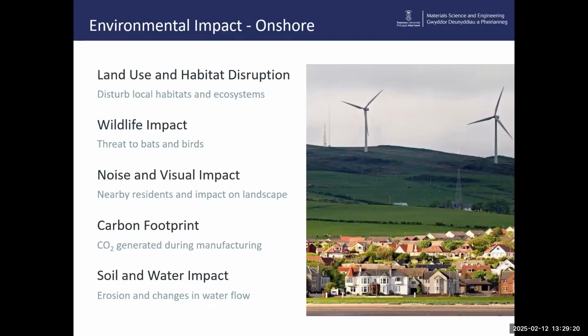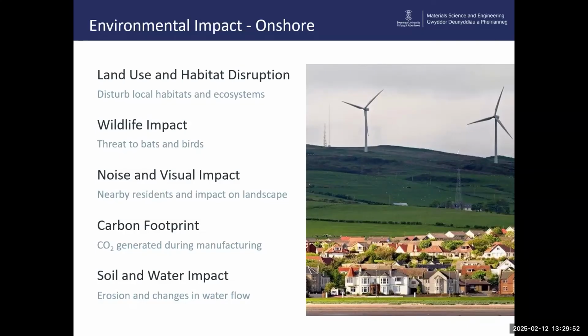Onshore wind power may disrupt the land use and habitats. It might disturb local habitats and ecosystems. A wildlife impact, it can also be a threat to bats and of course birds as well. It can be a noise and visual impact, so nearby residents can be affected and may not want their nice looking landscape to be affected